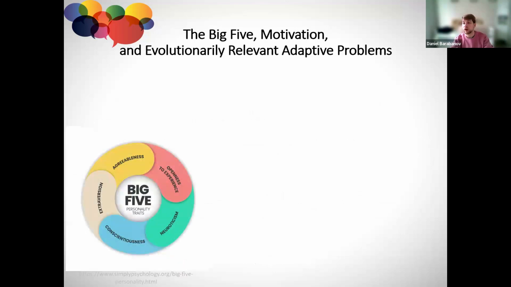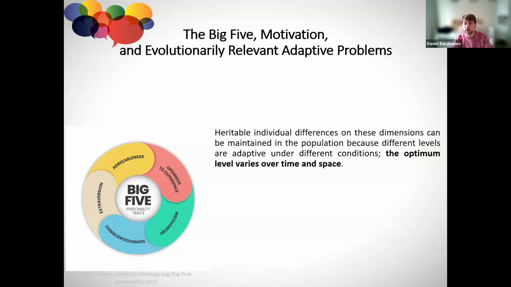What comes to the Big Five? Again, I remind you that the Big Five is a personality trait taxonomy, which includes five personality traits universal for people all over the world: extroversion, agreeableness, openness to new experience, neuroticism, and conscientiousness. Evolutionary psychologists also suppose that differences in those traits are adaptive. So we have all